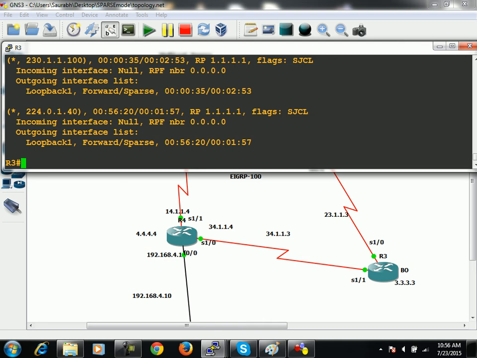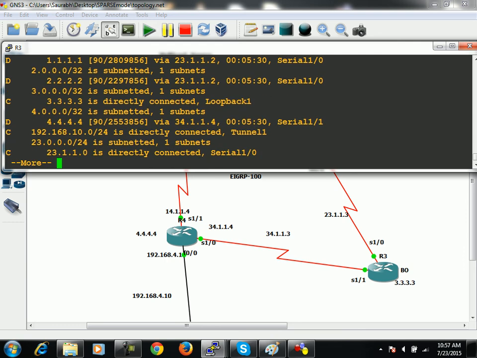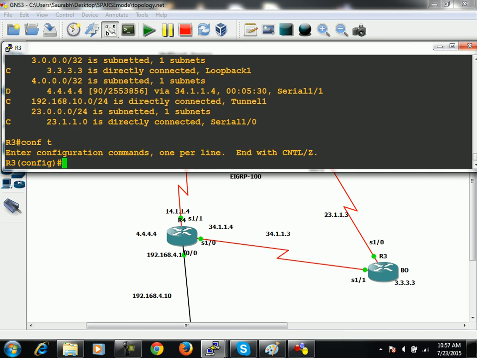What? The IP address of the RP and the tunnel source address. See, the point is, join messages can be forwarded out from the tunnel interface, but the RP address 111 is not reachable via the tunnel. It is reachable via the physical interface. Is not it? Because R3 is already having that route in its routing table. So will it be possible for it to send a join message out from S1 by 0? Never. So you do one thing, say IP